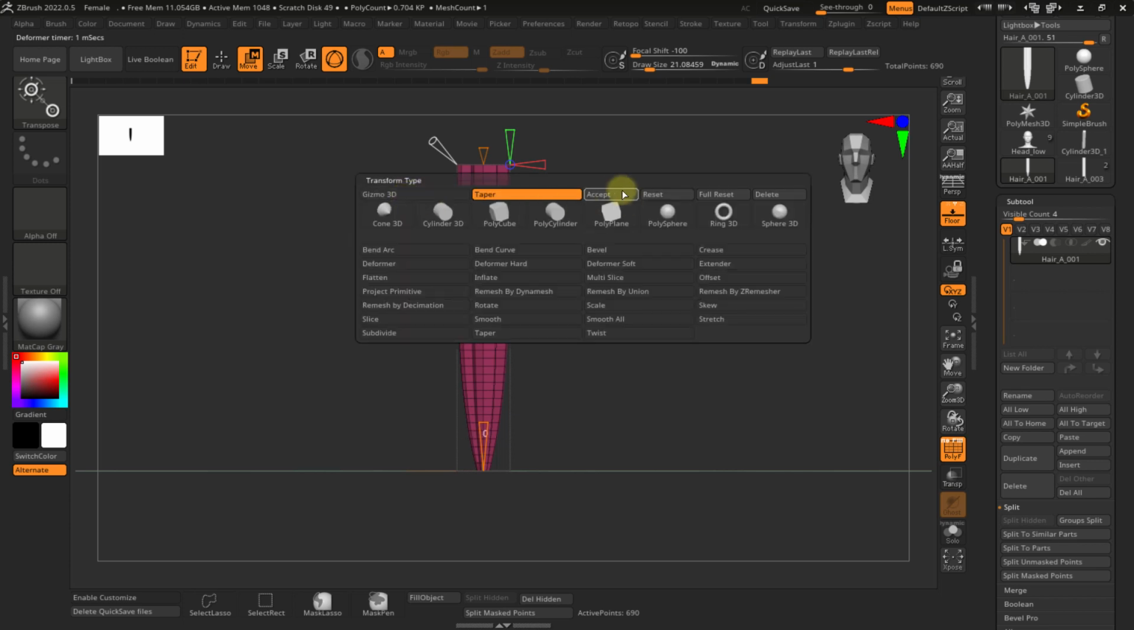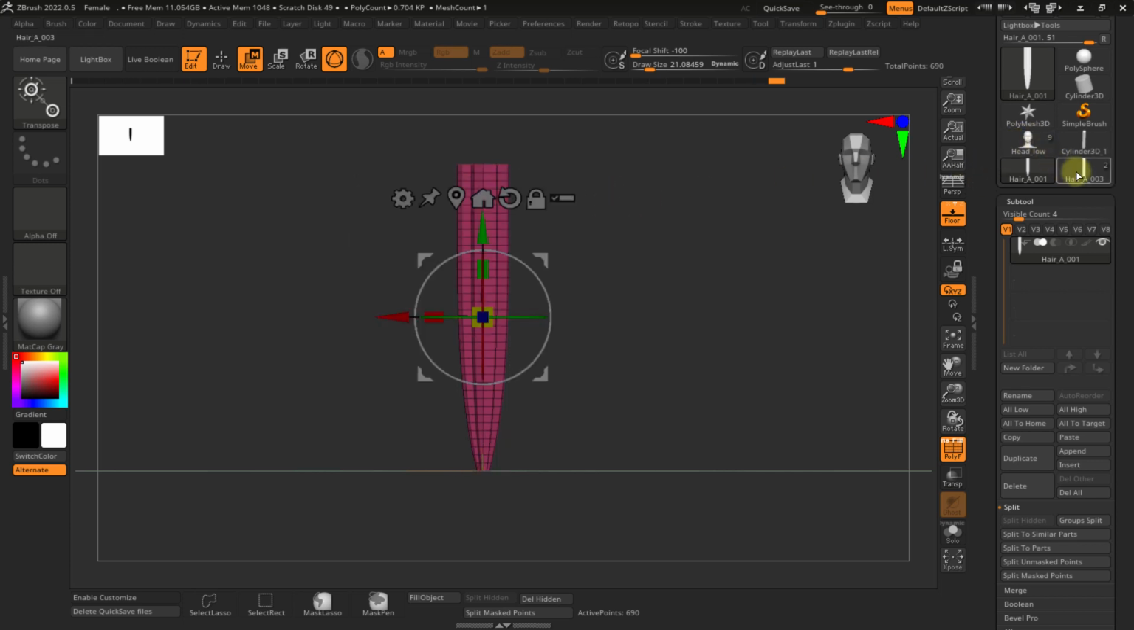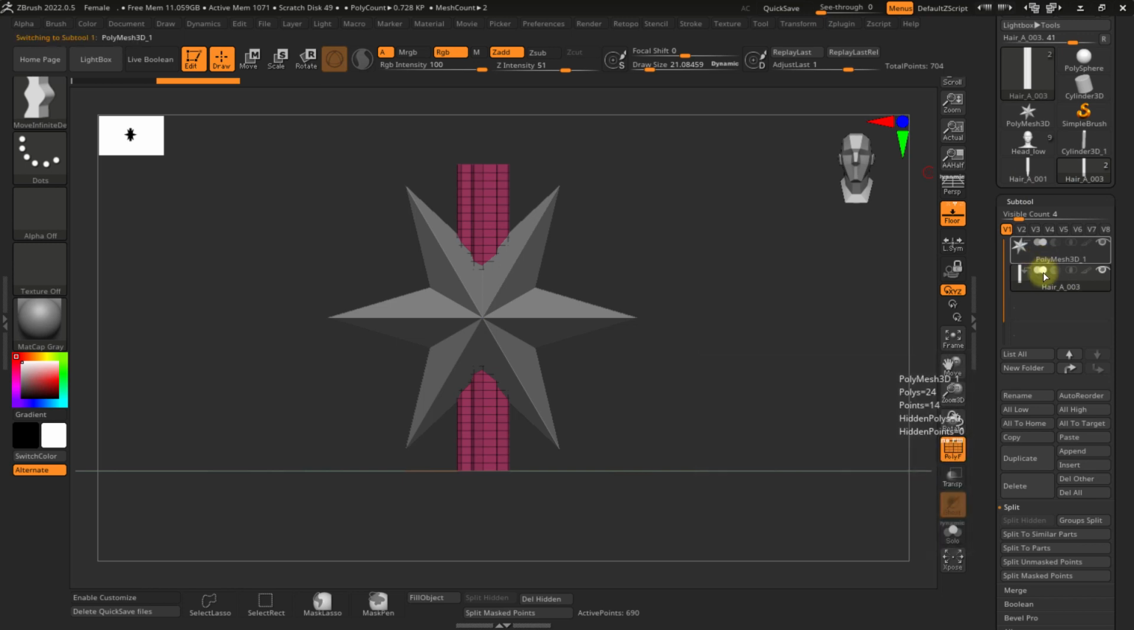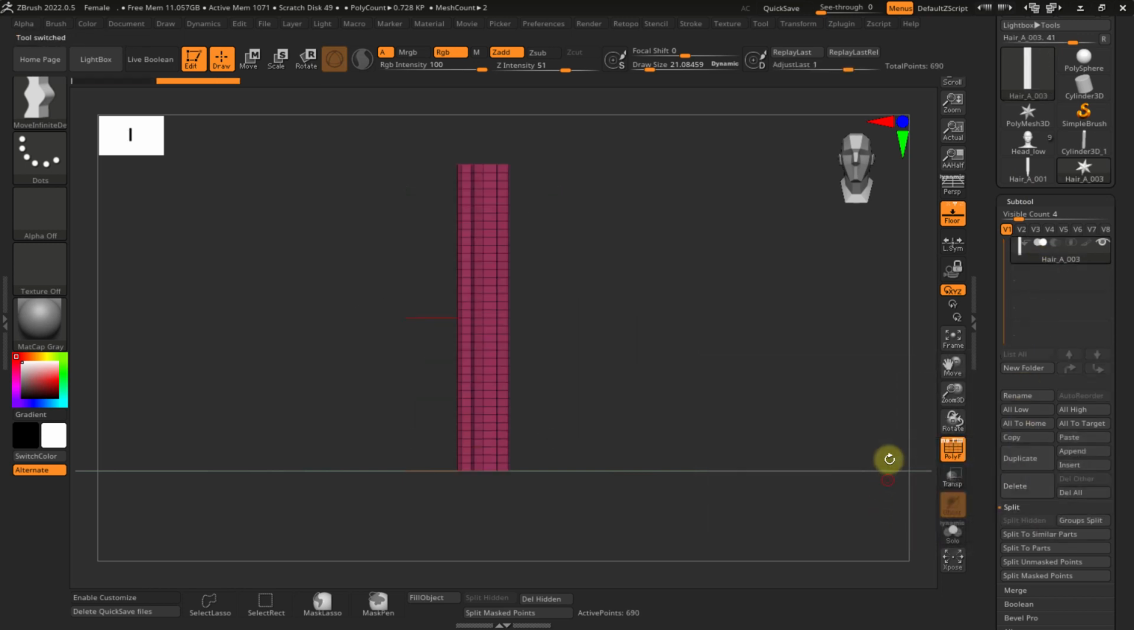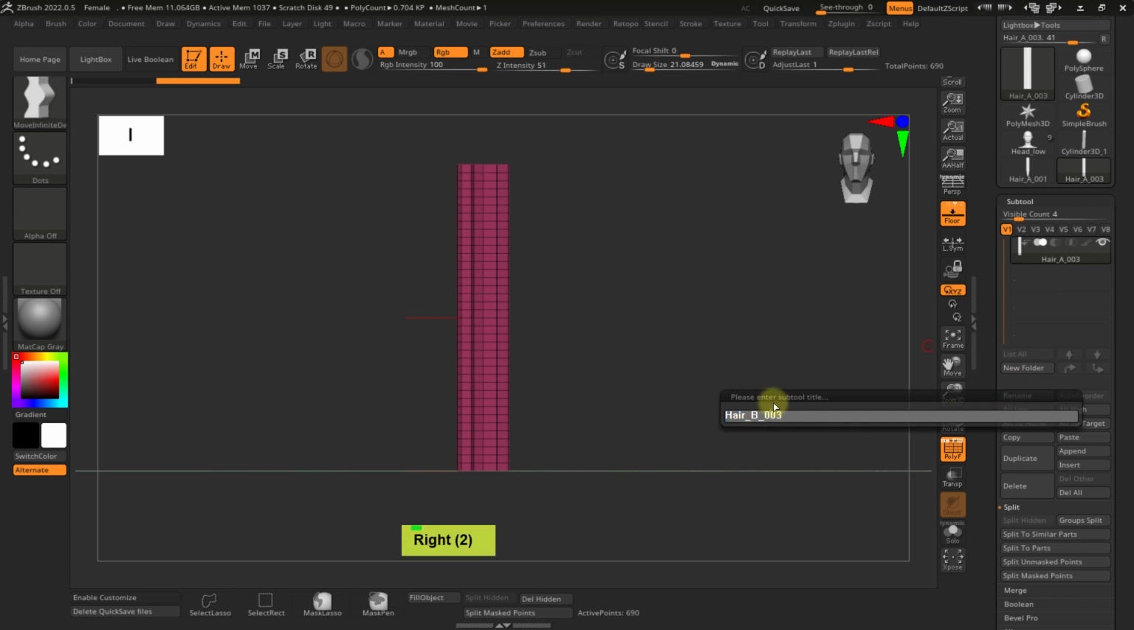There you go, accept. And here we have the other model. We don't need the star, so let me delete the star. Now I can see visually what type of models we have. This would be the B type. So naming can be really useful if you have so many tiny